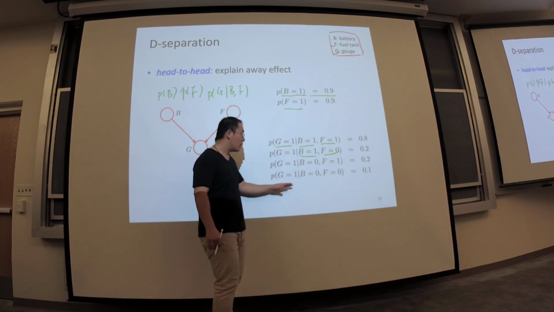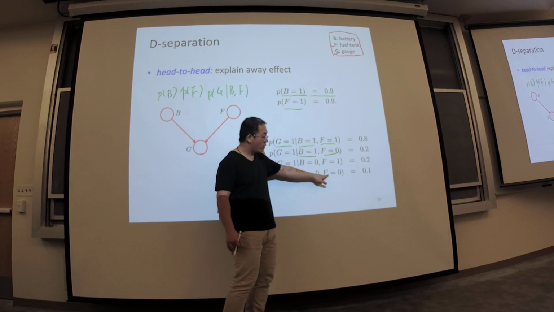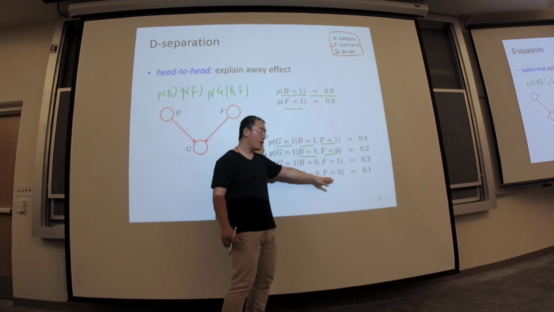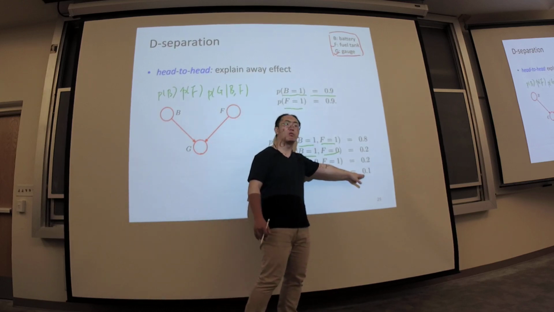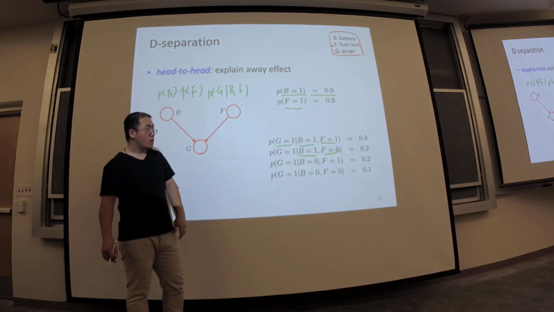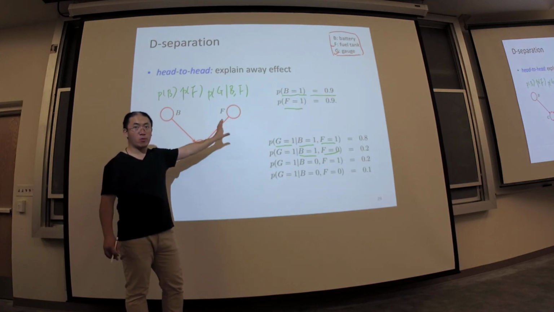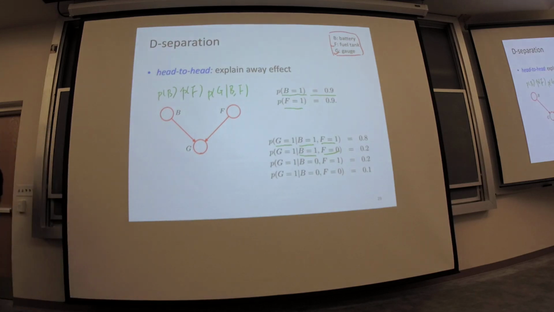And also, if both your battery is dead and your fuel tank is empty, then you still get a full reading on your gauge. This chance is even lower, 0.1. So generally, this parameterization sounds reasonable. And now we want to check